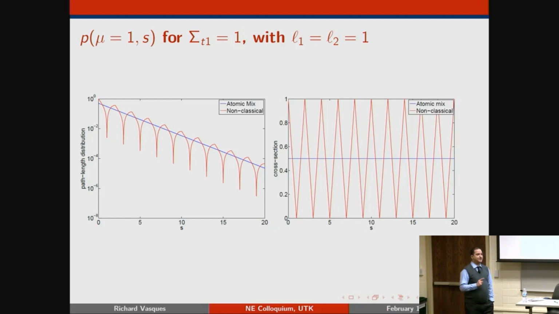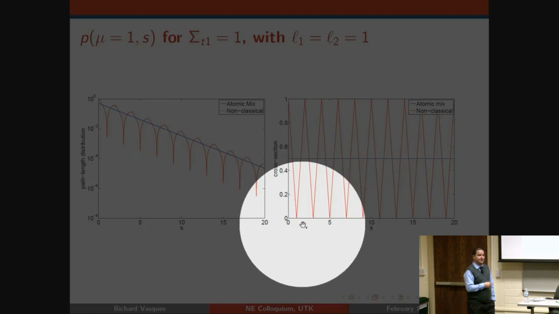And you can think of it from a physical point of view. What does it mean? If a particle is born or scatters somewhere, I know it has to be the solid. So I know that at that point, the cross-section is 1. As I walk away from that point, the probability that I'm leaving the solid and going to the void is going to increase. And the cross-section is going to start approaching 0. Because it's periodic, exactly 1 thickness away from that point, I know I'm going to be at a void. So that's why it goes to 0 there.